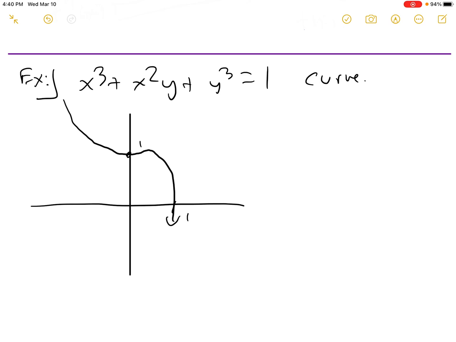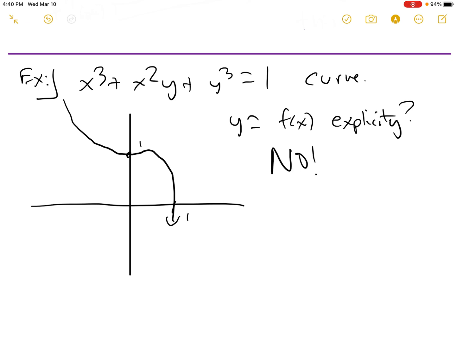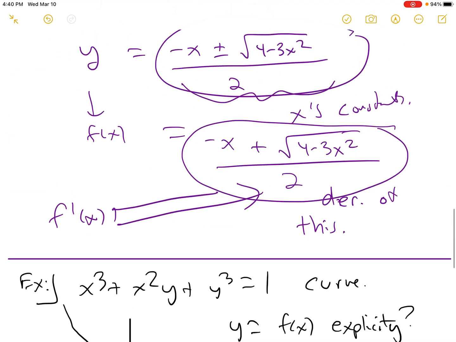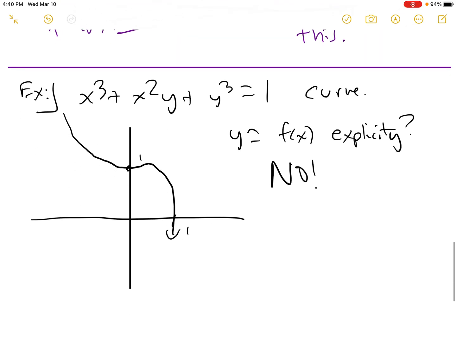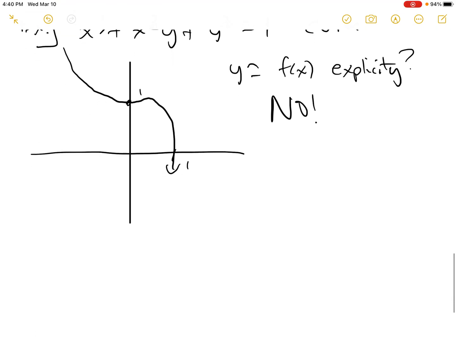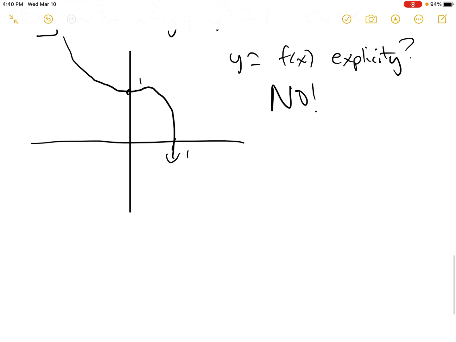And it's logical to ask, A, can I find the derivative? We can. B, can I define this explicitly? And the answer is no, right? This nightmarish thing I did here to find f explicitly isn't even possible. And because of that, you can't use product quotient, any of that stuff, given what we know. So, what do we do? Right? And what we say is